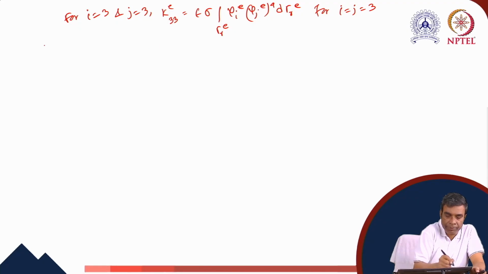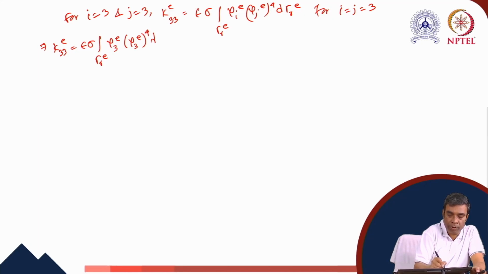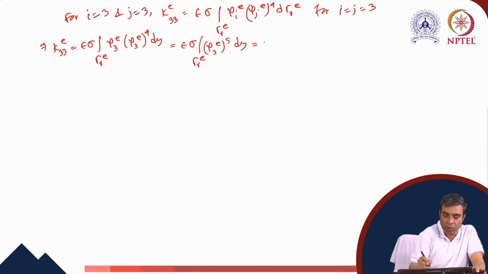This gives us K33E equals epsilon sigma integration along gamma RE psi 3E into psi 3E to the power 4 into dy, equals epsilon sigma integration along gamma RE psi 3E to the power 5 dy,